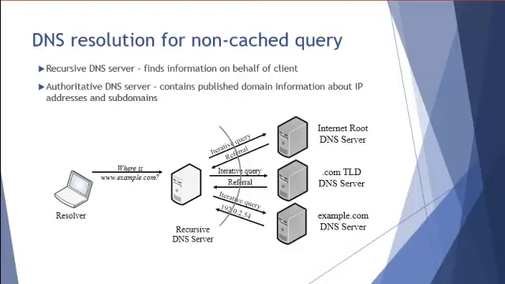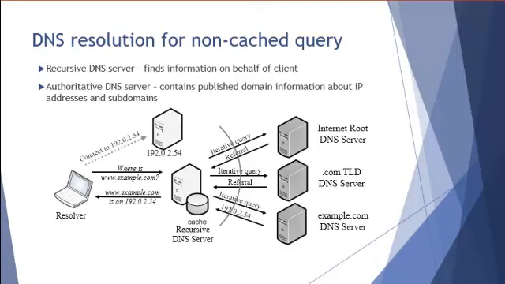www.example.com. In this case, I located an example.com DNS server. I get an answer back, 192.0.2.54. Information is cached in my recursive server, and the information is passed back to the resolver, who then is able to make the connection ultimately that I was intending to make. So you can see how DNS provides that translation from what I want to get to from a text perspective,